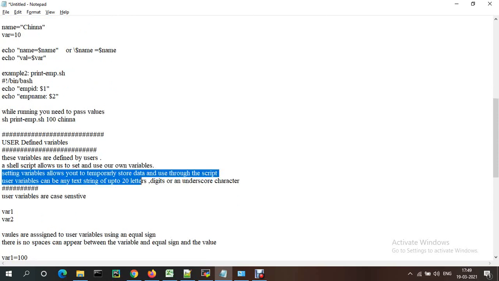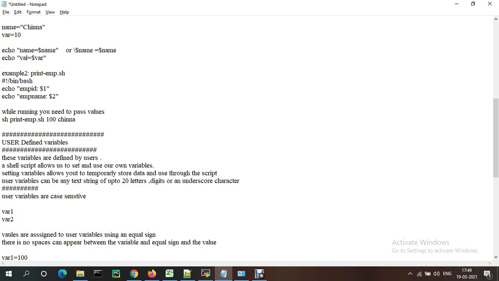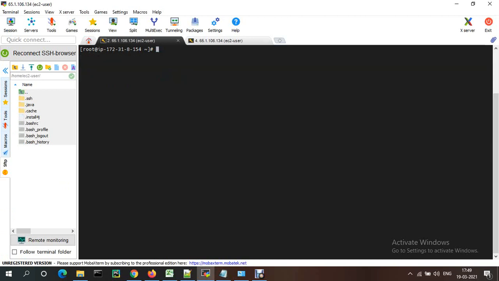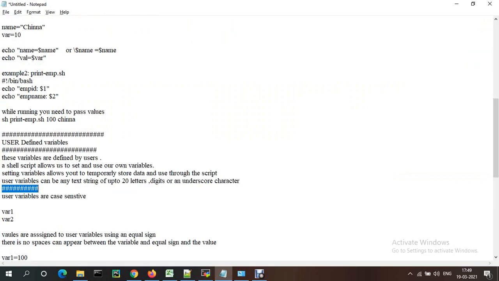To set up your own variables, they will be stored temporarily to store data through the script. User variables can take a string of up to 20 letters, digits, anything. Okay, you can define your own variables, anything. It is not with special characters, it will start with numbers or alphabetic characters.